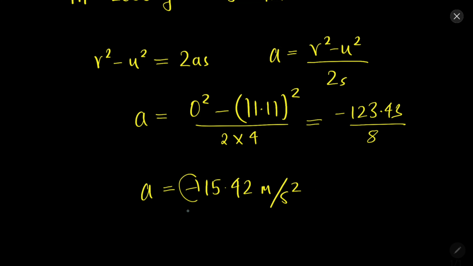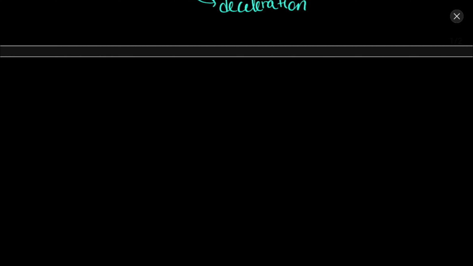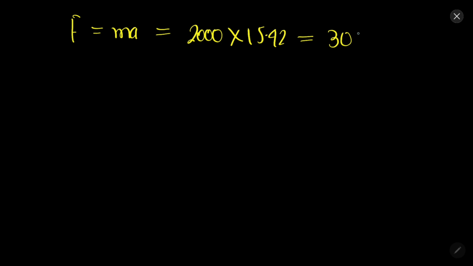Now what does the minus sign indicate? This minus sign indicates that it is deceleration, that is, the magnitude of the velocity is decreasing. So ultimately the force F will be equal to ma. Mass is 2000, a is 15.42, equal to 30840. So approximately force will be equal to 3.08 into 10 to the power 4